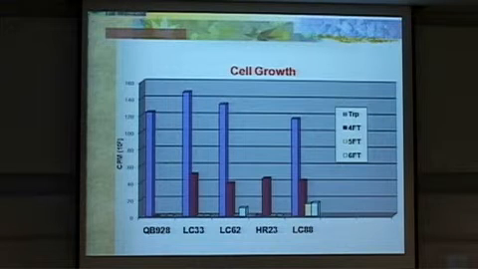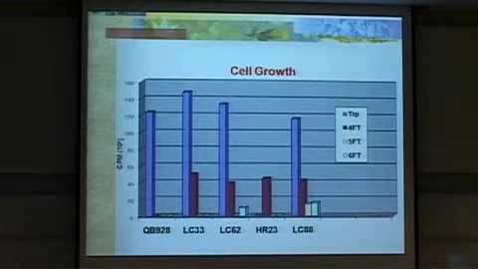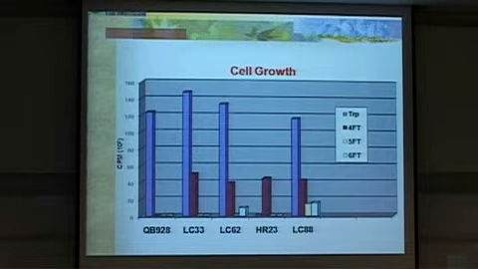And LC88 can grow on trip or 4F trip or 5F trip or 6F trip. So you can see that these experiments demonstrate to us that yes, in fact, in the earliest evolution, the amino acid code can change,